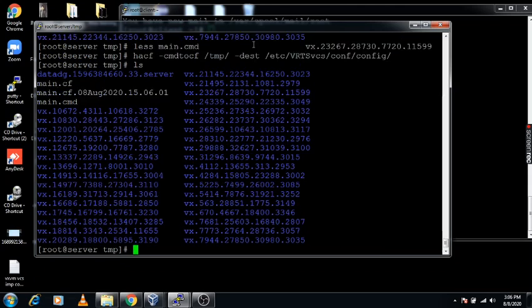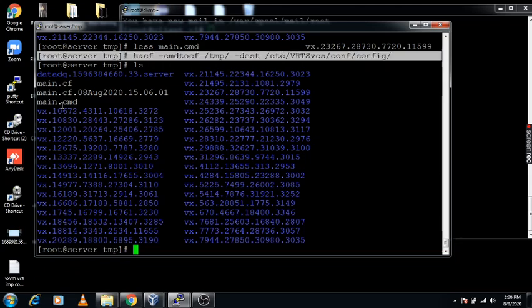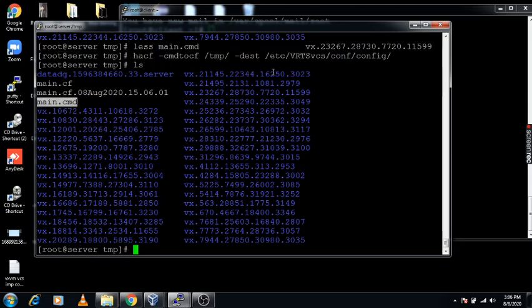Now I am checking this main.cf file, which is now built again into the main configuration file, but there is no change while running this command. The main.cf file is still inside this path, so there is no impact while running this command. Just for your convenience you can use this command to check what configurations were built using which commands.